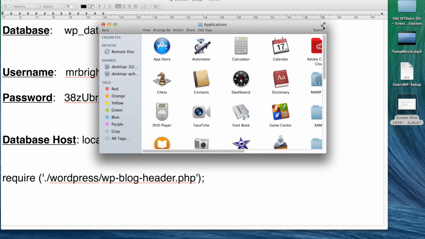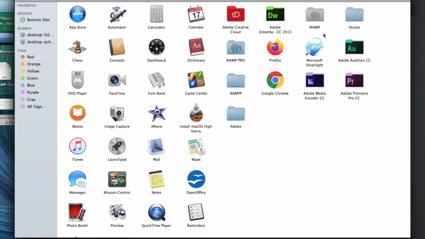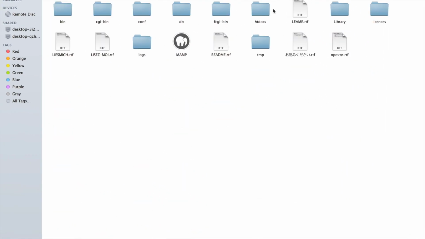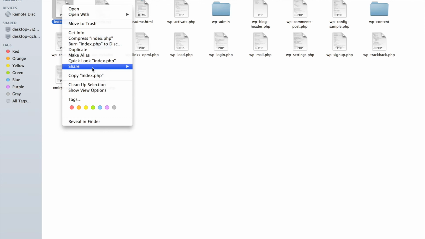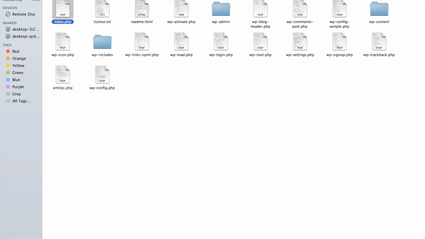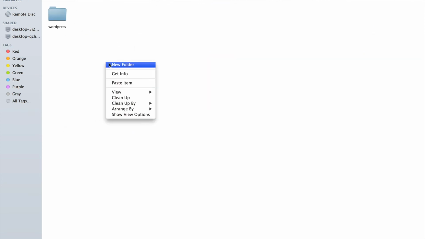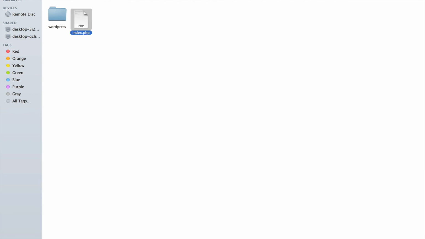So applications, and our MAMP directory, htdocs, which is the root, and there's no index file there. So we want to copy the index file in there. Currently it's here. We don't really just want it inside that directory. That's why we went to all that bother before in the settings, and we'll just pop it in there. Okay, so now that we have the index file copied into the location we want it to be in,